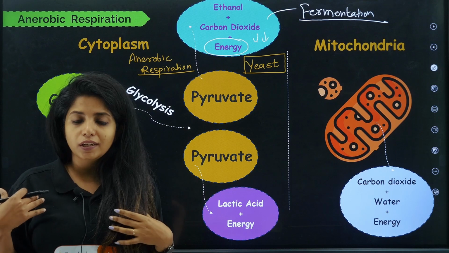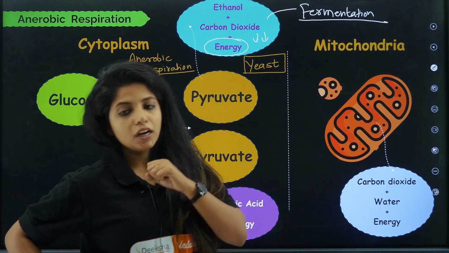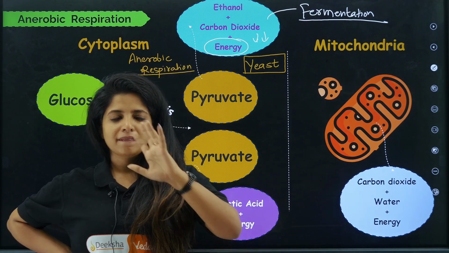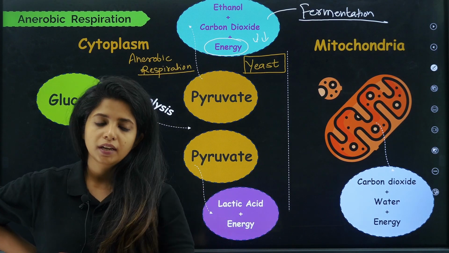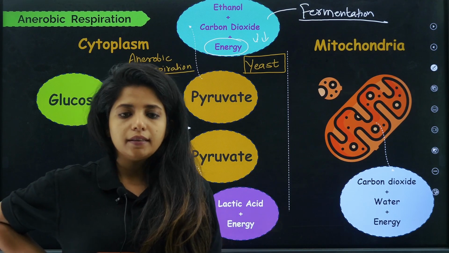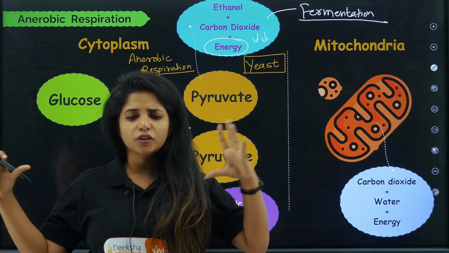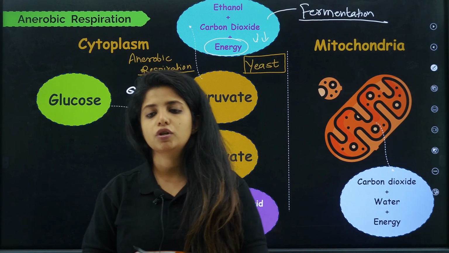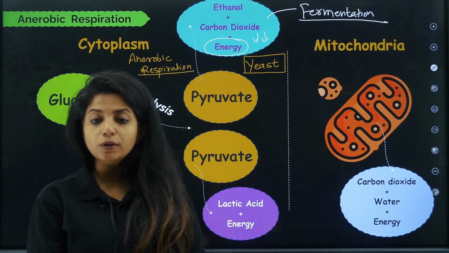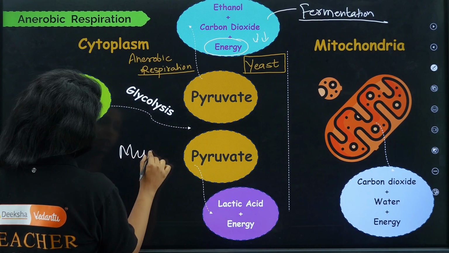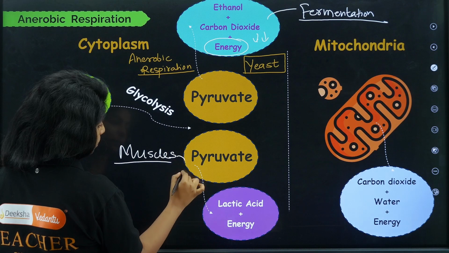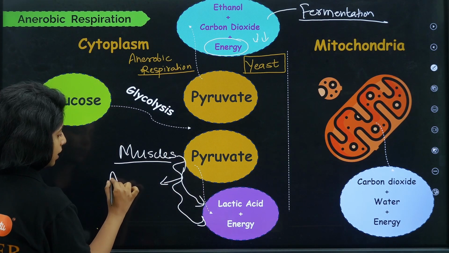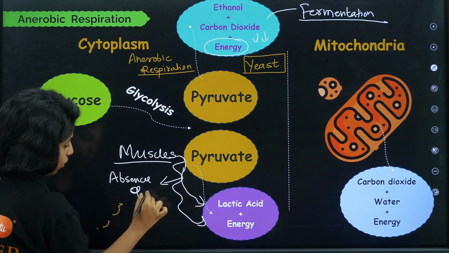What happens in our body if there is an anaerobic condition? For example, I have started jogging. After a point of time, I got tired. Jasmine, done. Okay, for example, I am teaching you. Now I am tired, I didn't have food or anything like that. There's no oxygen. What happens is that my muscle cells, which need oxygen, won't be getting enough oxygen. In the muscles, the pyruvate basically converts to lactic acid and energy, children, in the absence of oxygen.